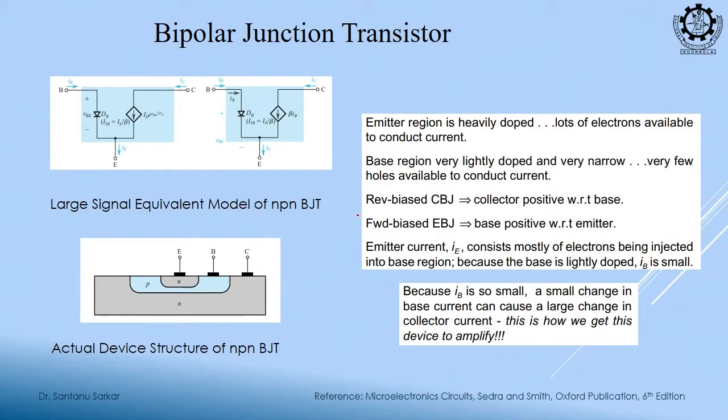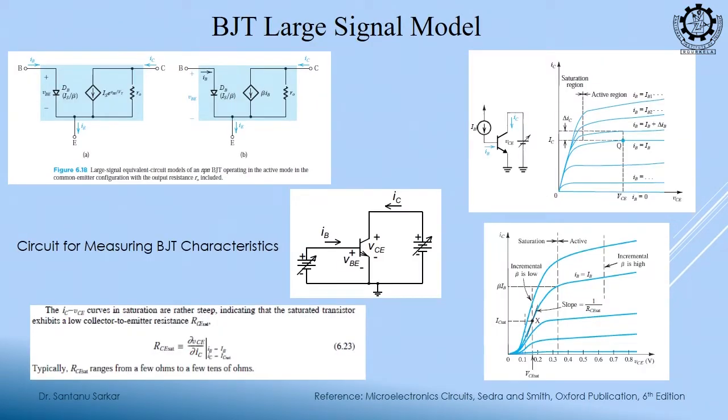Generally this collector base junction is reverse biased and emitter base junction is forward biased, right. And because IB is so small, we can have an amplification in the collector current. So, this is our large signal model. So, what is the large signal model? If you think of this